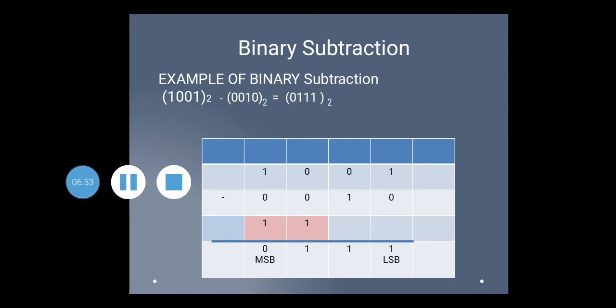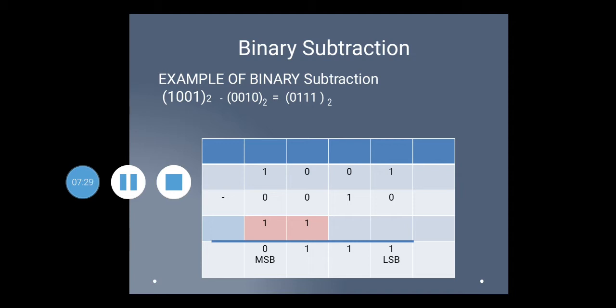And also borrow is generated, and I have highlighted the borrow here with the pink color row. So this borrow will go to the next bits, but always on the down side. So while subtracting, now here you are going to subtract 3 bits, 0, 0 and 1. When you subtract, you have to always remember, first the upper numbers will be subtracted, 0 minus 0, and last the borrow will be subtracted. So now we'll start subtracting.